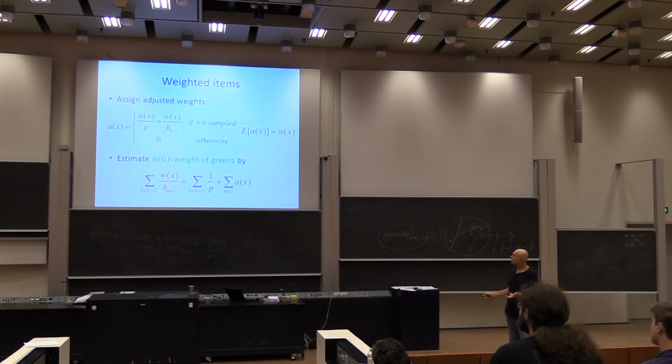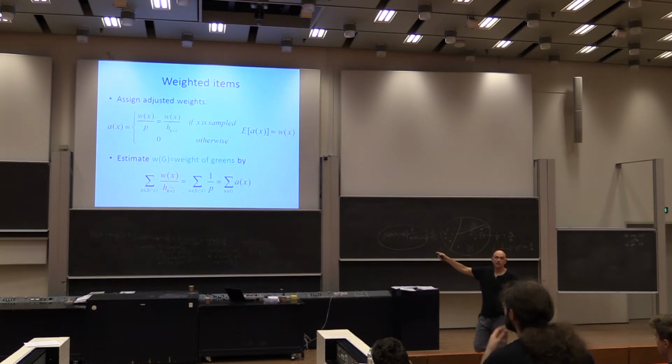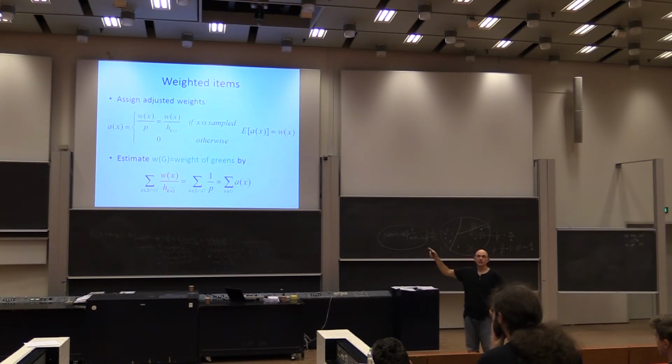And then I can again sum the adjusted weights of the green items which are in my sample, and the expectation would be exactly the same. The calculation showed that the expectation would be the total weight of the green items rather than the cardinality of the set. So what's the problem with this? It works. It gives you an unbiased estimator. But this estimator